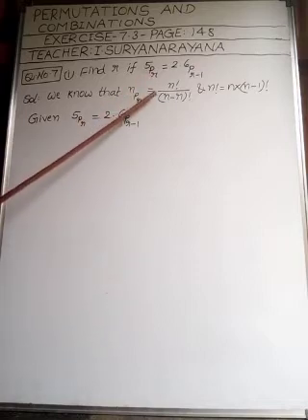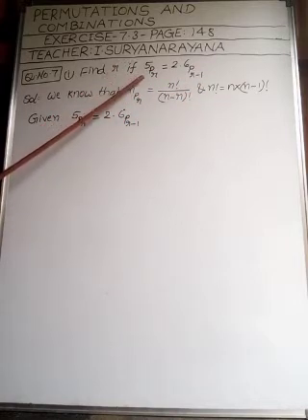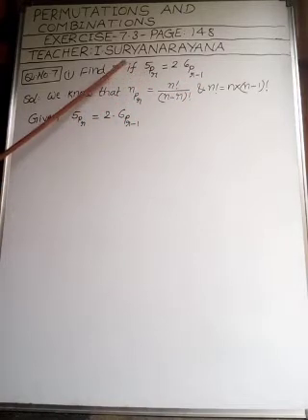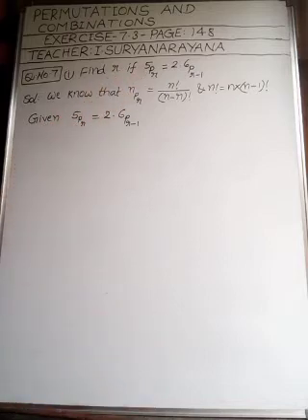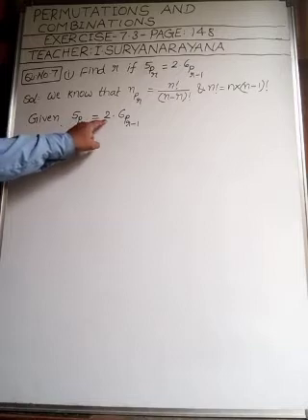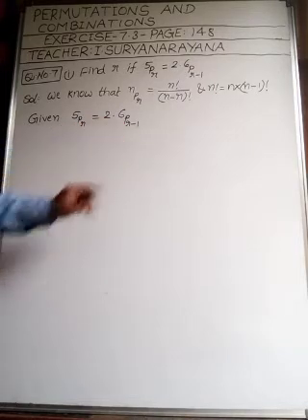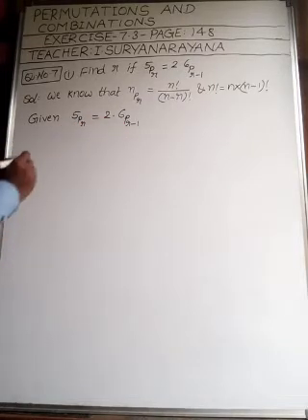Right. We use these 2 points to find the value of r. Okay, my children. Right. What is given here? 5Pr is equal to 2 into 6P(r-1). Okay, my children. Right. This implies,